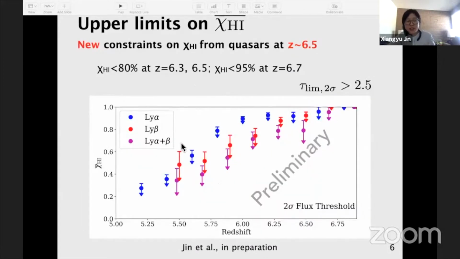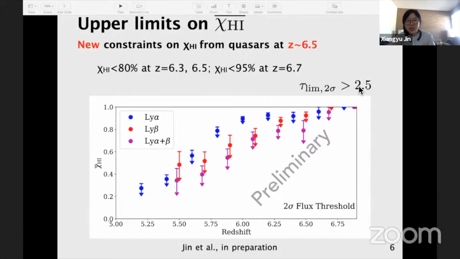We calculate the fraction of dark pixels from individual quasars and derive their average value in each redshift band. And we use the Gemini statistic to calculate their 1 sigma scatter. Here, when we calculate the dark pixel fraction, we exclude pixels with a limiting optical depth smaller than 2.5. The limiting optical depth